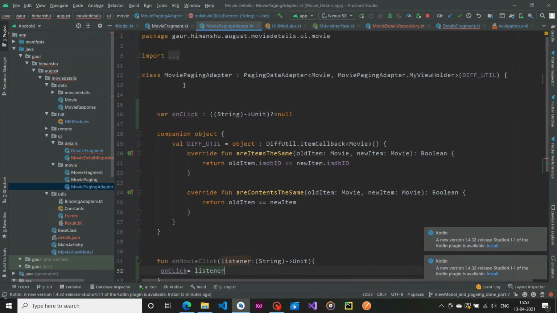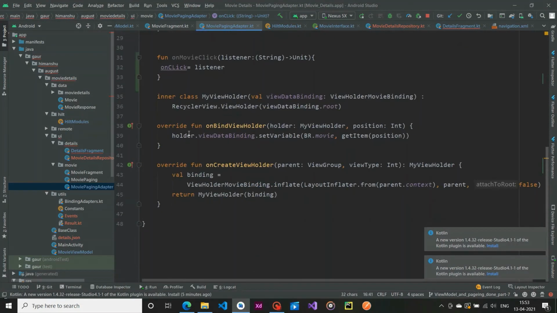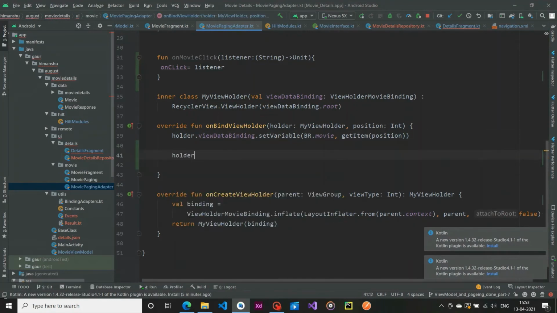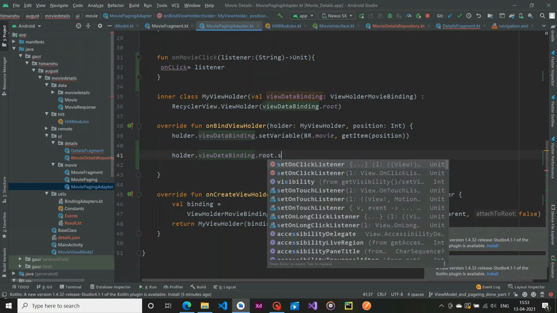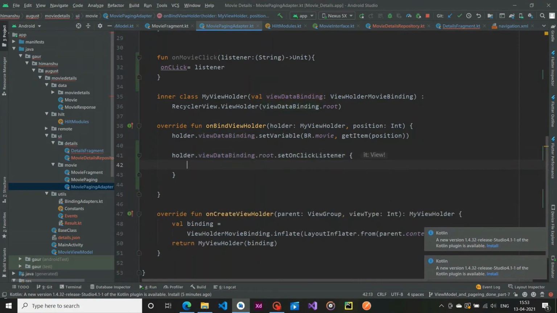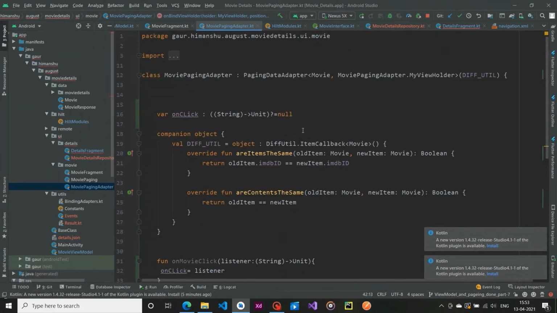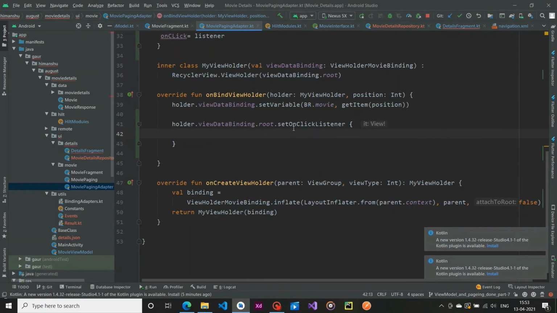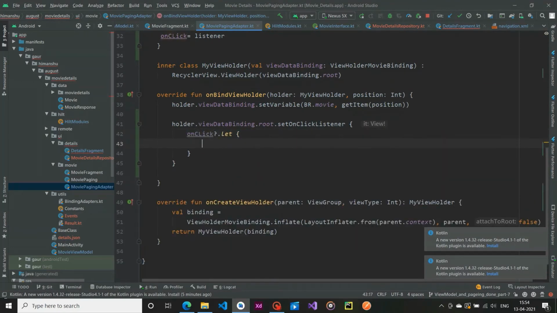All right, so now our onClick is initialized, and then go in our onBindViewHolder. So holder dot view data binding dot root setOnClickListener, and when our list item gets clicked we use onClick. So onClick is a nullable type, and if it is not null, by using it we pass our data.